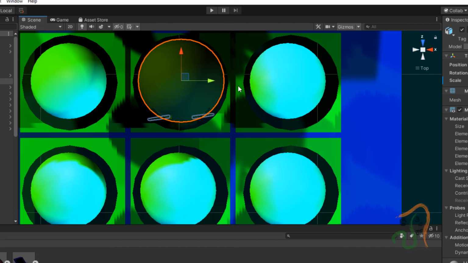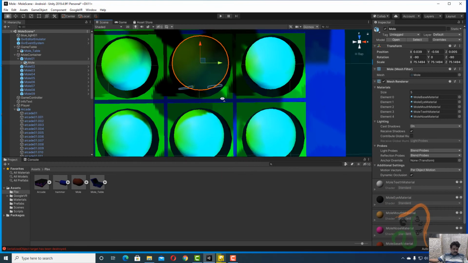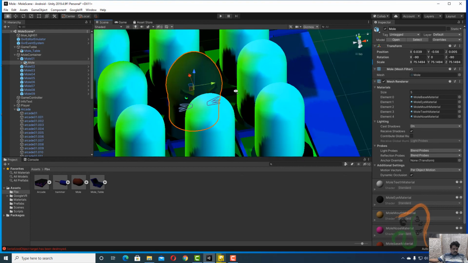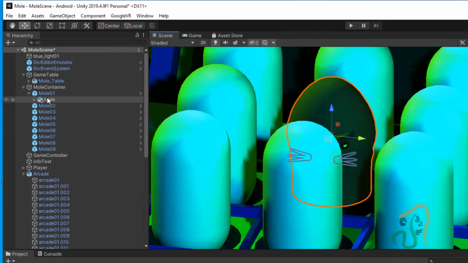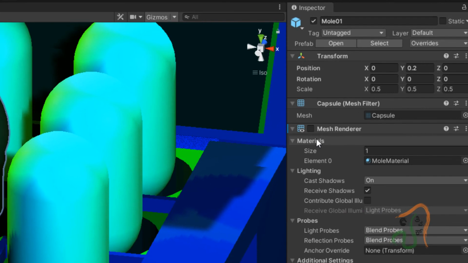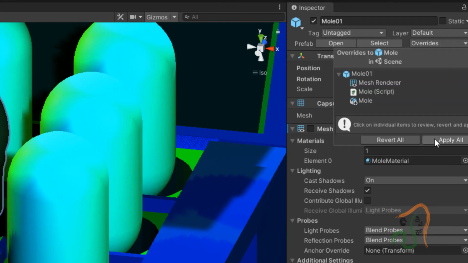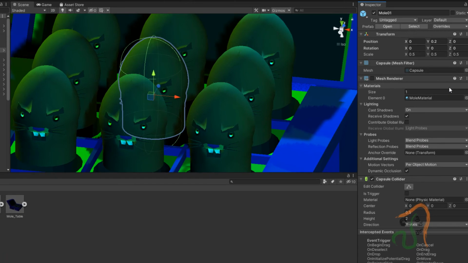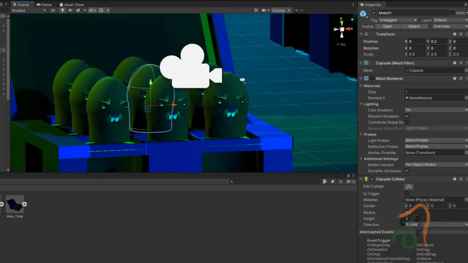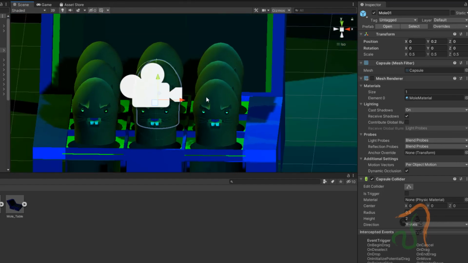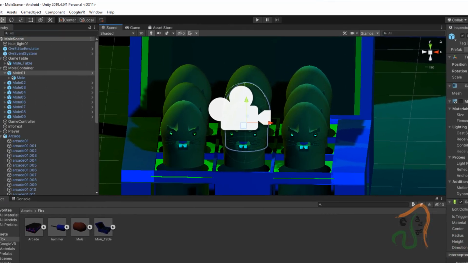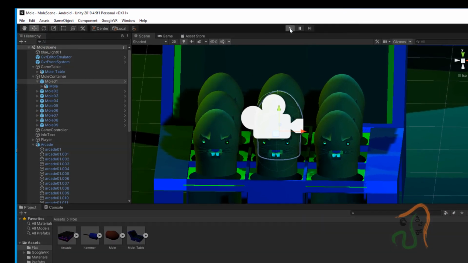So with all the positions right now, after you adjust everything, now right click and see that the mole is perfectly placed now. And once you are happy with its position, select mole 1, and you have switched off the mesh renderer, come to override here and click apply all. Once you click apply all, you can see that it has been replaced in all the 9 moles. So now you can just drag it and look over here. You have all the 9 moles ready here. It is popping up. Now go to file, choose save, and now play the game and see how it runs.